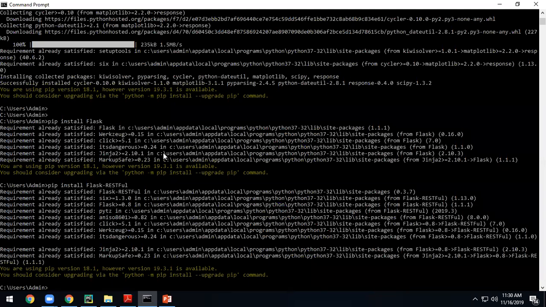Flask hyphen RESTful. RESTF, up to F it is capital, then ul, RESTful. Then you do pip install response.